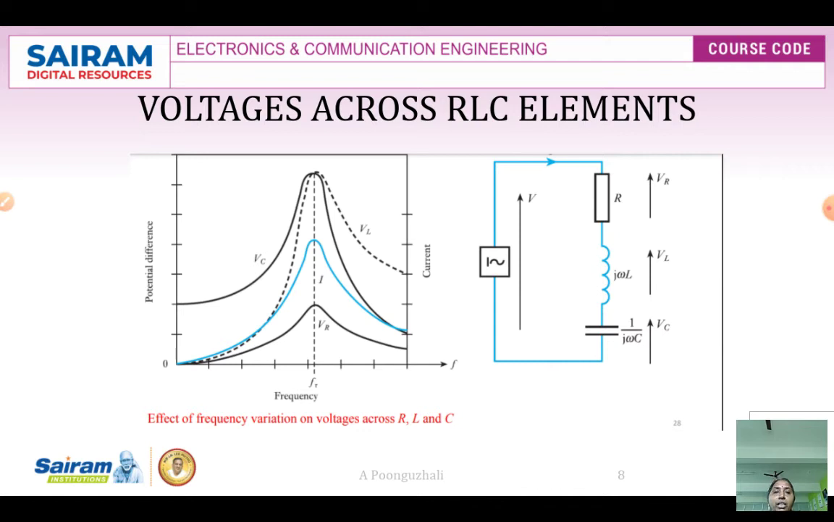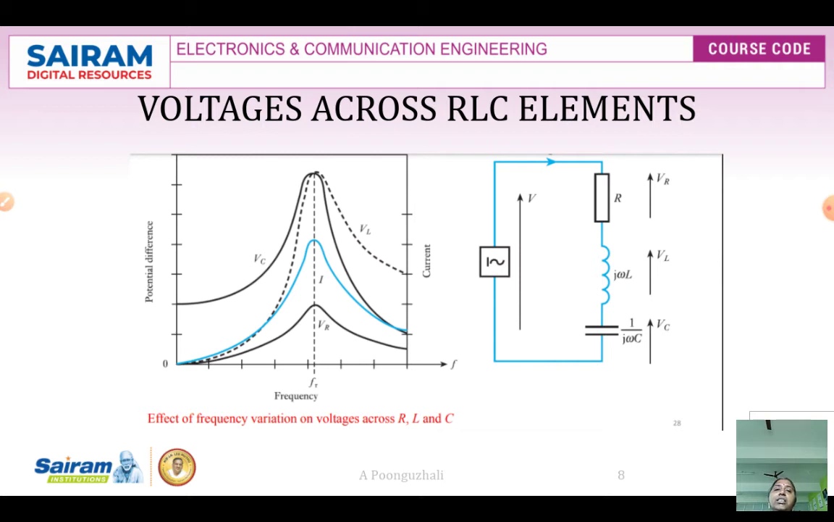So next is the voltage across the RLC elements. If I plot against frequency the potential difference, here we are going to have the voltage across the resistance as this curve, and the maximum current in the series resistance I will have at the resonant frequency, that is your blue color curve. And next we are going to have the current, that is your